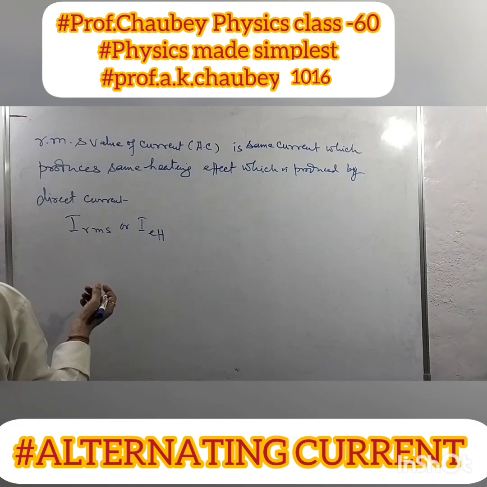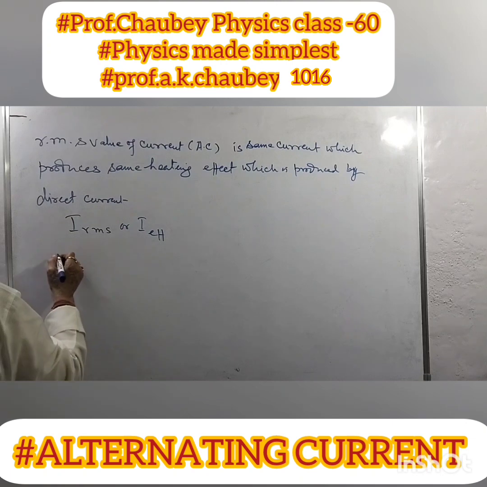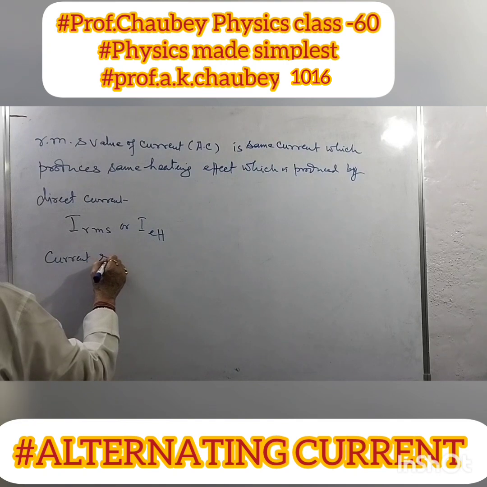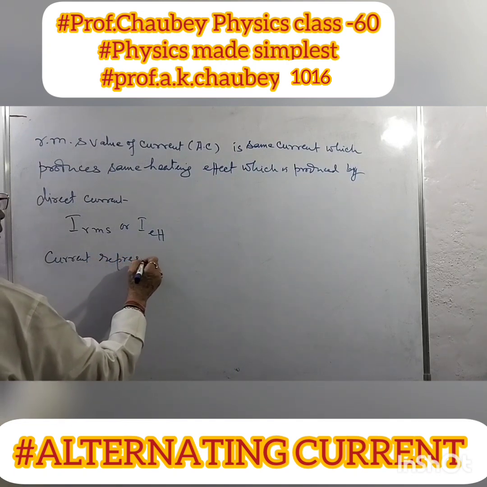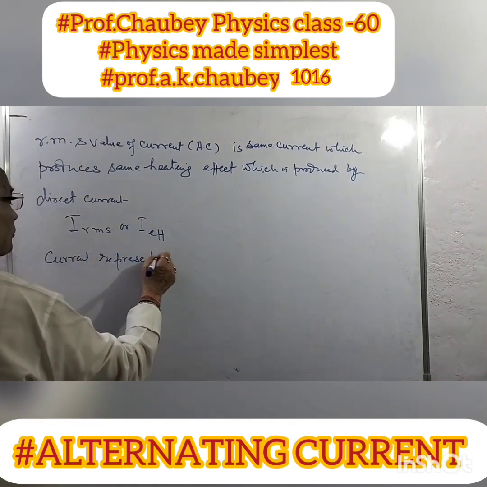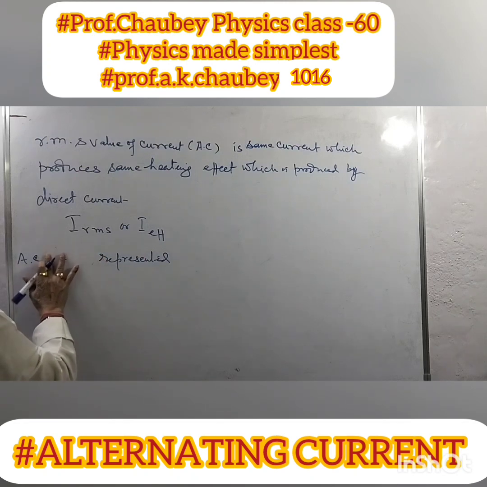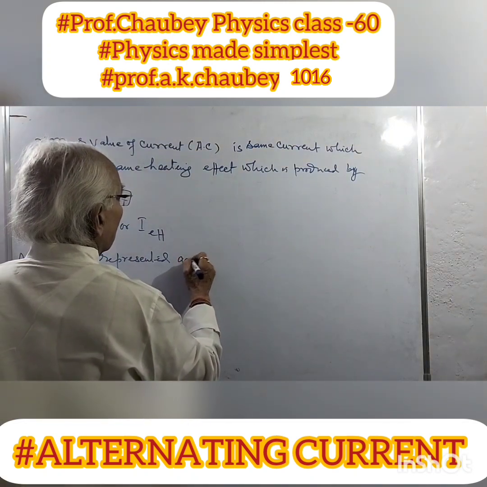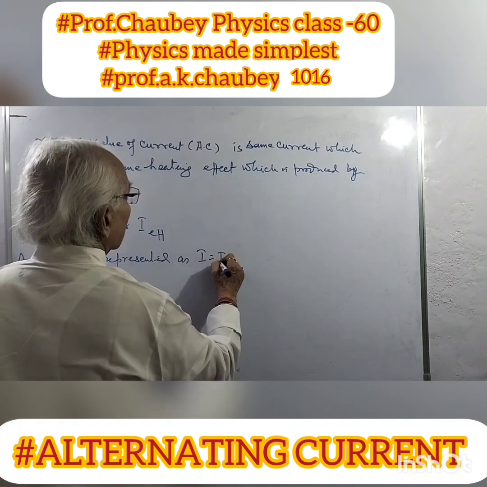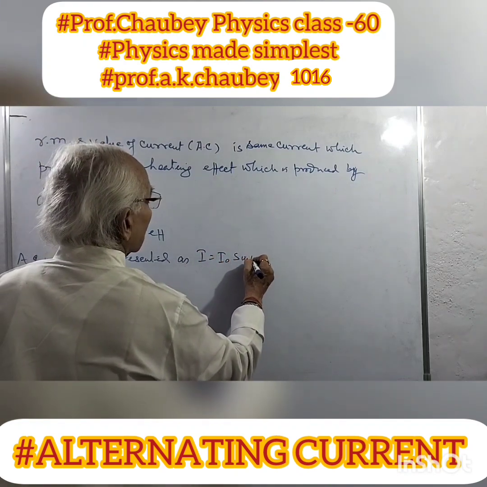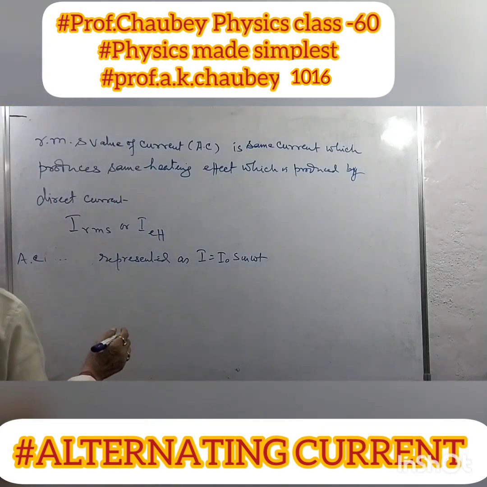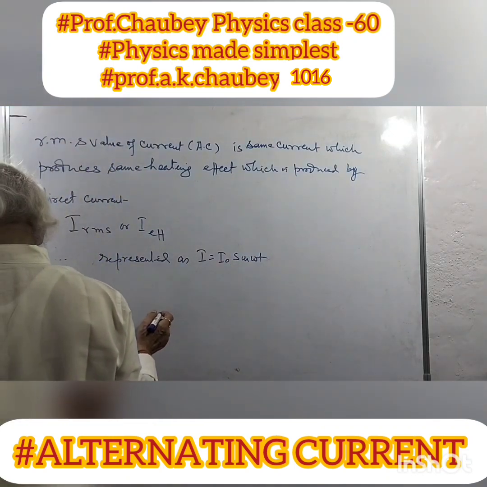So let the current be represented as an alternating current, AC, I is equal to I naught sine omega t, and then we have